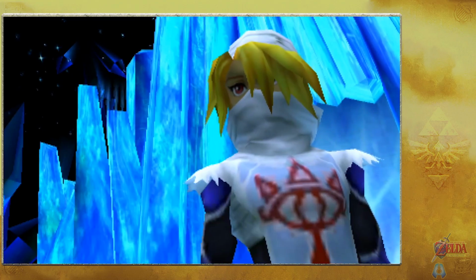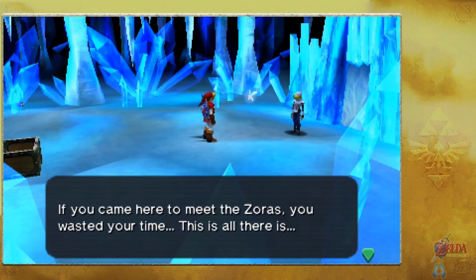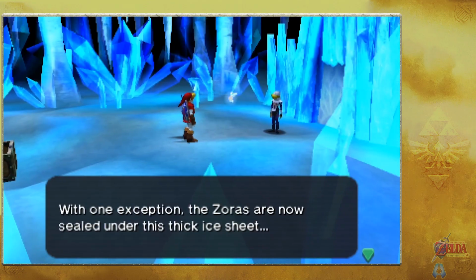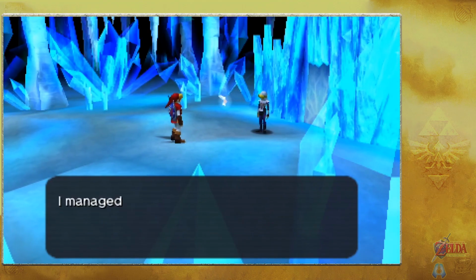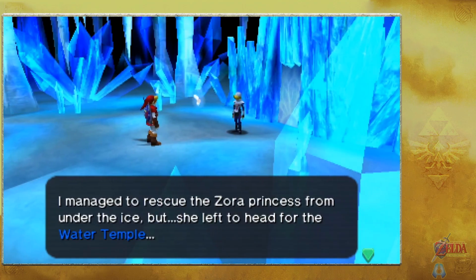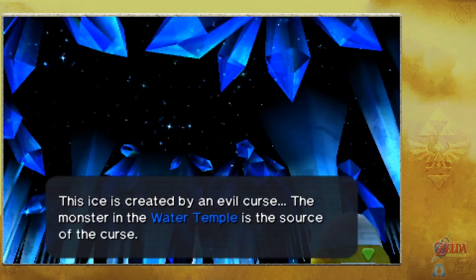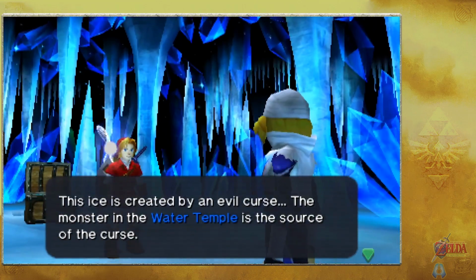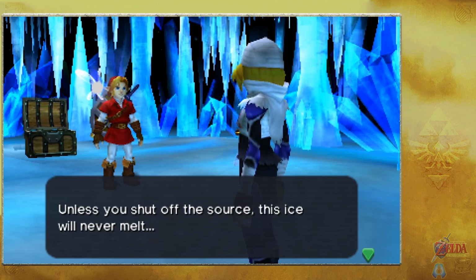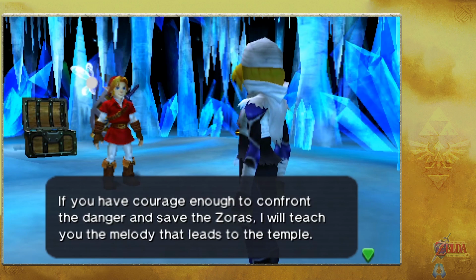We meet again, Link. If you came here to meet the Zoras, you wasted your time. This is all there is. With one exception, the Zoras are now sealed under this thick ice sheet. I managed to rescue the Zora princess from under the ice, but she left to head for the water temple. This ice is created by an evil curse. The monster in the water temple is the source of the curse. Unless you shut off the source, this ice will never melt. If you have courage enough to confront the danger and save the Zoras, I will teach you the melody that